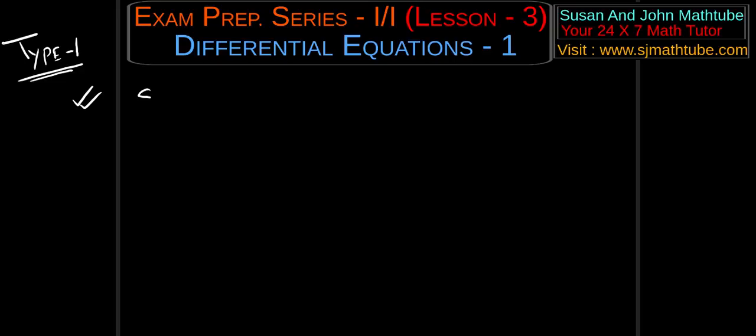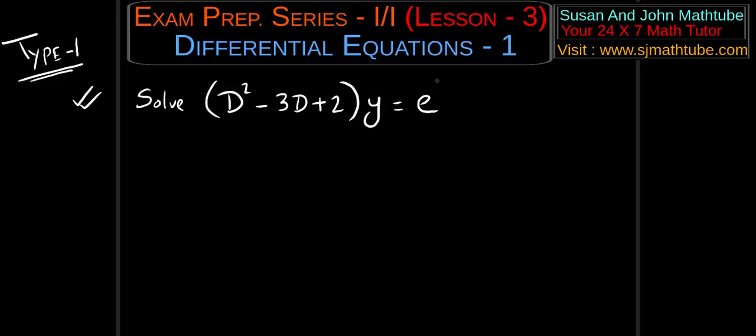So the question is, solve (D² − 3D + 2)y = e^(2x). Okay, so what will we do first? Auxiliary equation, that is m² − 3m + 2 = 0. If you solve, we'll get m = 1, 2,